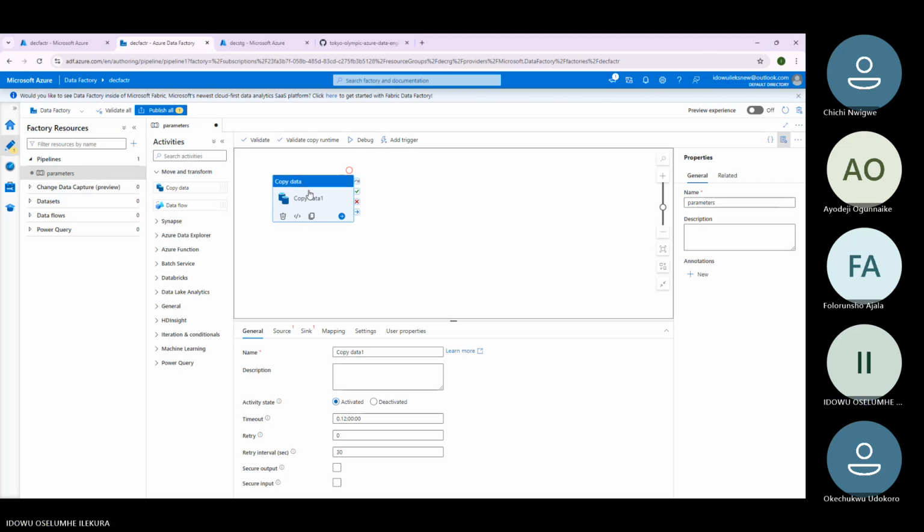Let's say this copy activity copies information into, let's assume this copy activity copies information from this